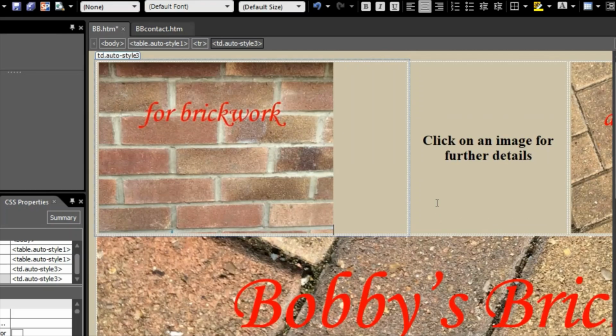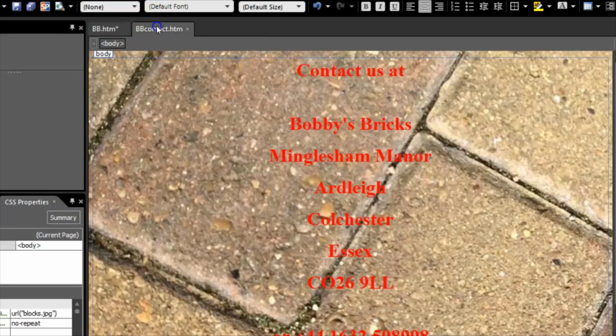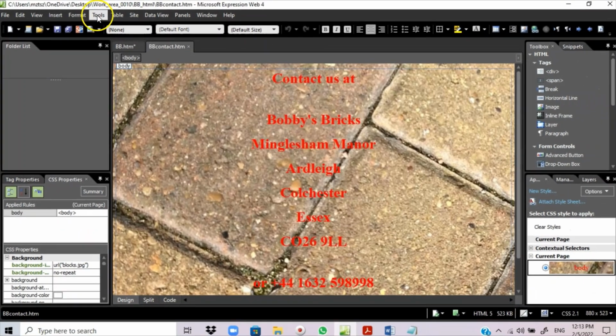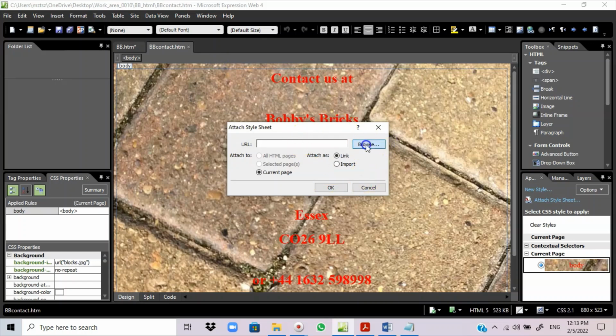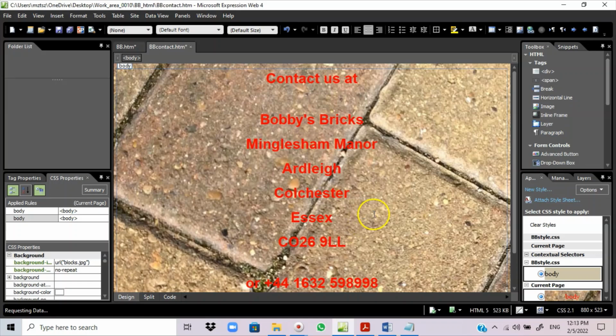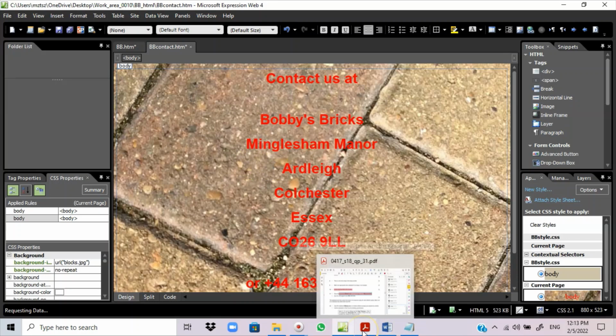Okay, now the same you have to apply on the contact page also. This is the contact page. So I'm going to repeat the same procedure again. Go to format, CSS, and then attach style sheet, browse, bbstyle, and press OK. Now here you can see that some modification is done as per the style sheet. Okay, now the next thing is